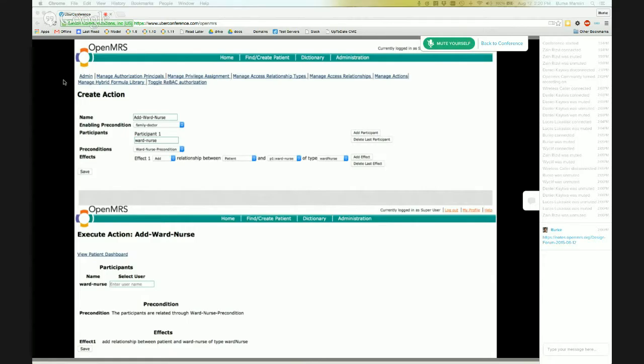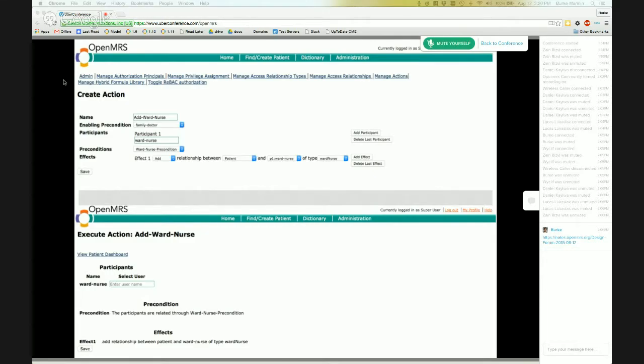So here, in this one, we have something called add ward nurse. The enabling precondition is that the user and the patient have the family doctor relationship, so that the user is the family doctor of the patient. If that is not the case, the user will not even be able to invoke this action.